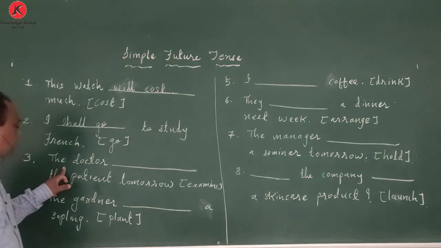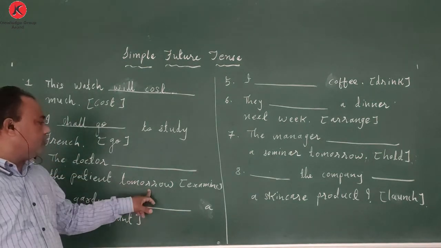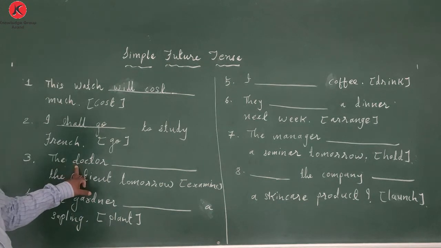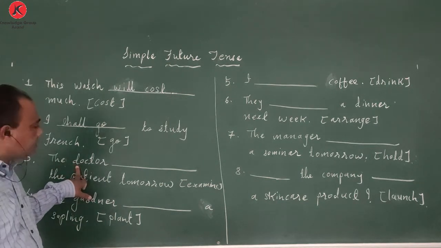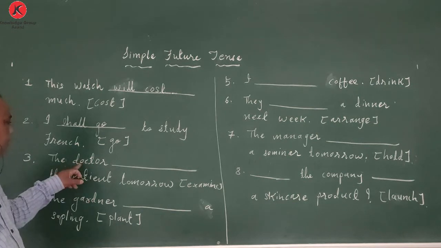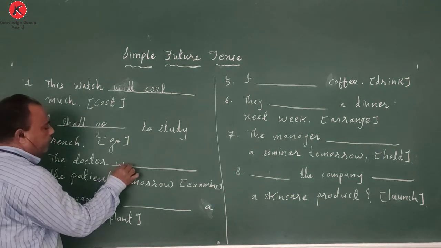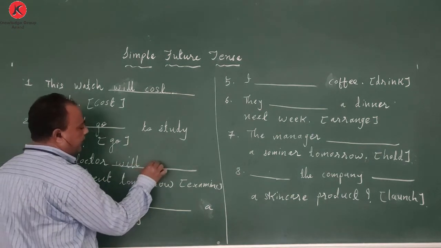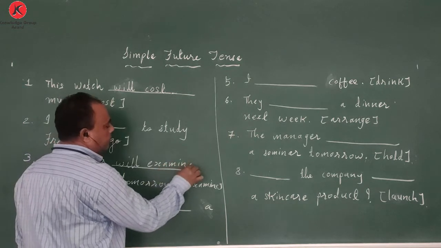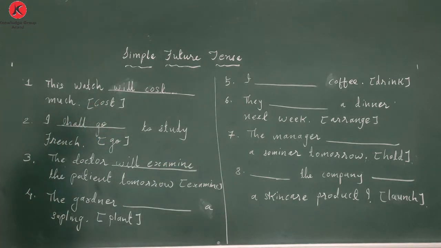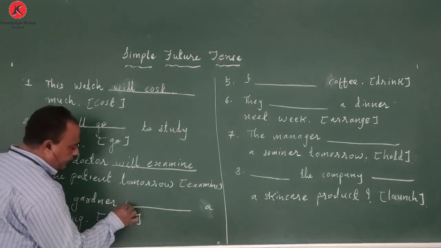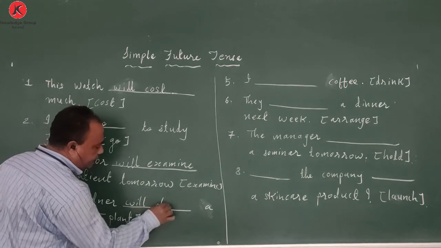Next is the doctor dash the patient tomorrow. Doctor is the third person. We know that with I and we only we use shall, but with doctor we do not use that. So here the doctor will examine the patient tomorrow. Next is the gardener dash a sapling. Gardener is also third person, and with gardener we will use will plant